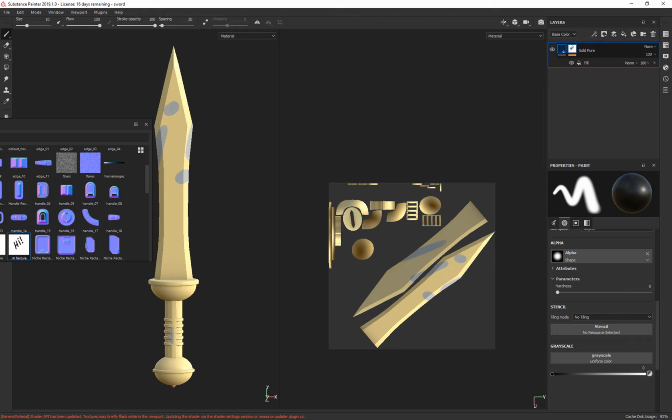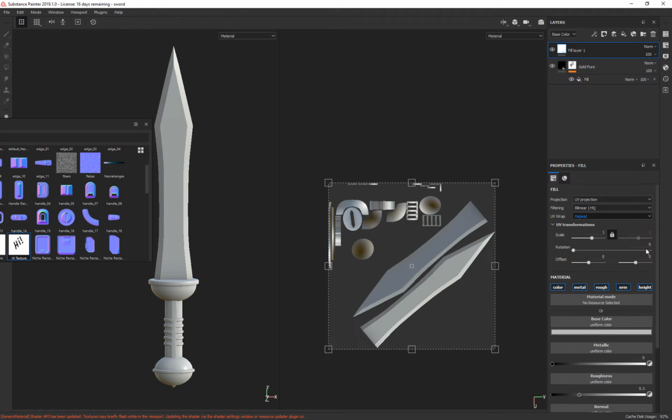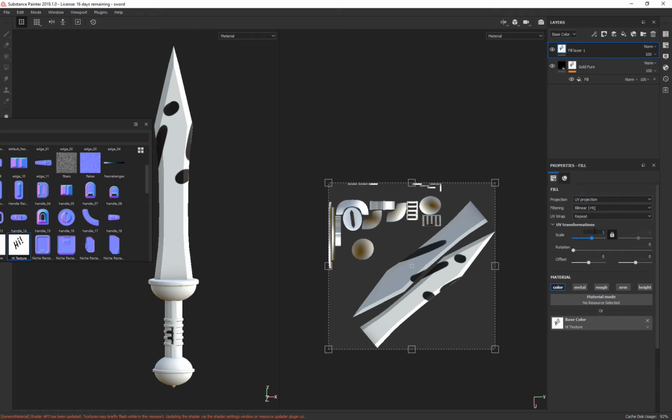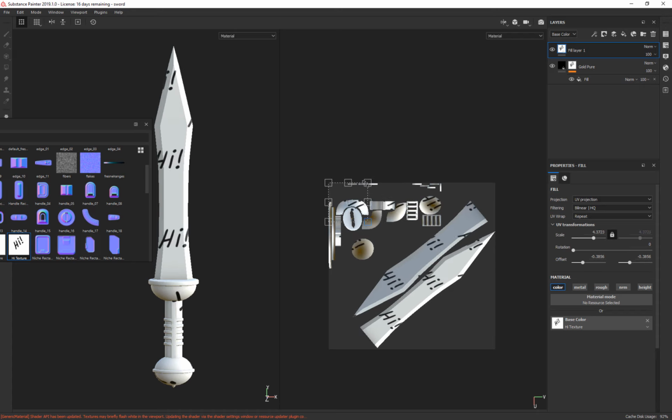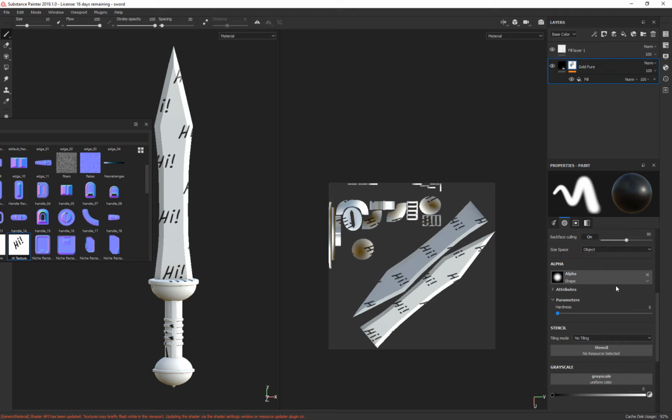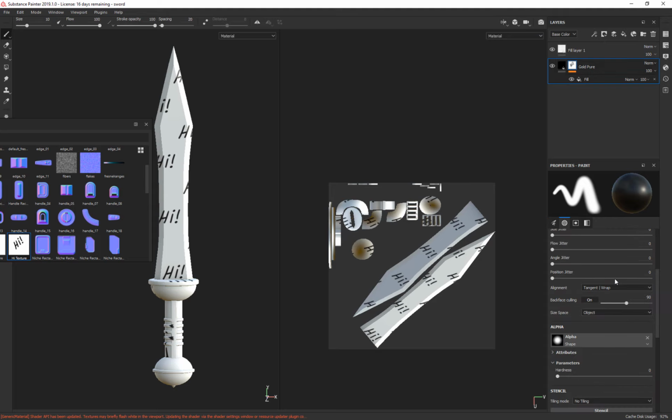And just in case you're confused why it looks like that, let's do this again with a fill. I'll put a fill on top, and I will take all this out and take that high texture and put it right there, and you can see that it's just that. So if I say, oh, let's do this. Say 6. And I'll come back to my alpha map and come up to